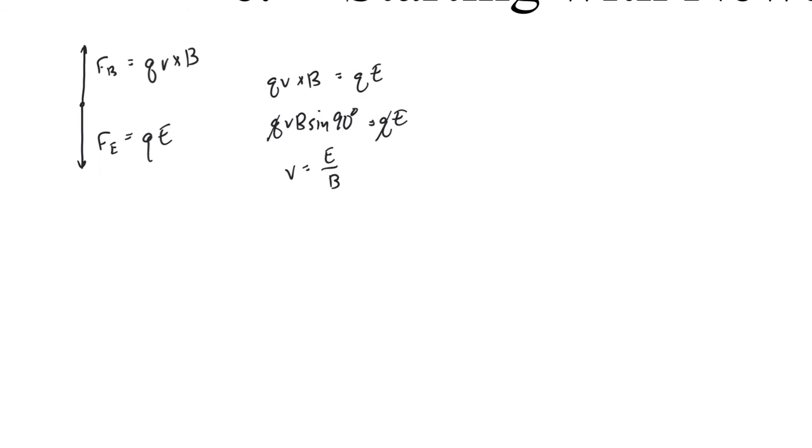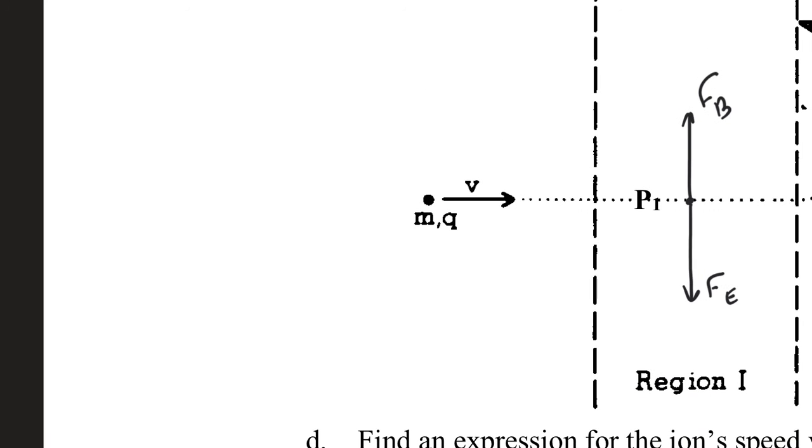This arrangement selects for velocity. It doesn't select for mass, and it doesn't select for charge. So you'll hear me say that phrasing before. Select for velocity means that a particle of a specific velocity will pass through. If you go back to that picture and look,